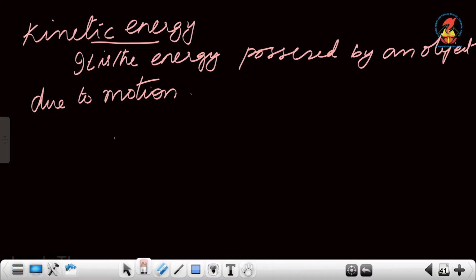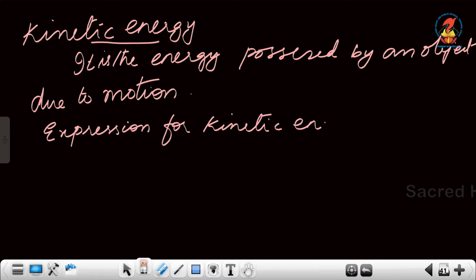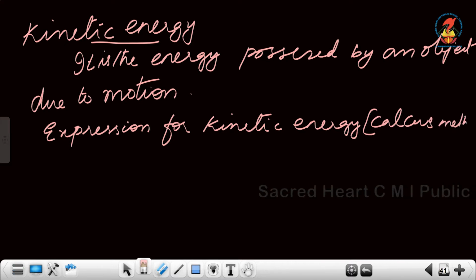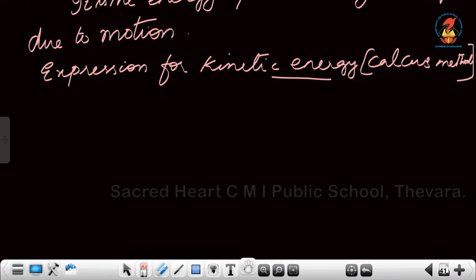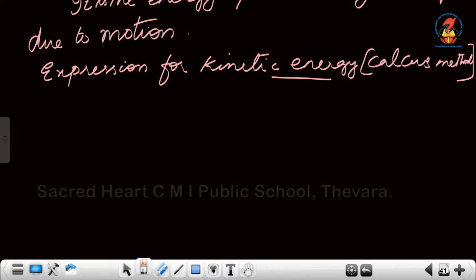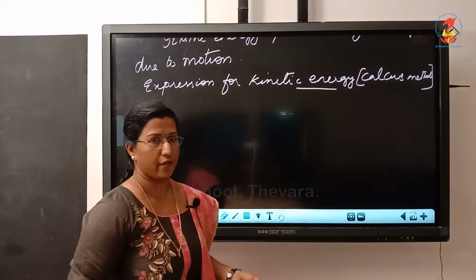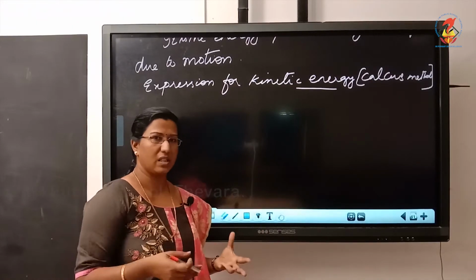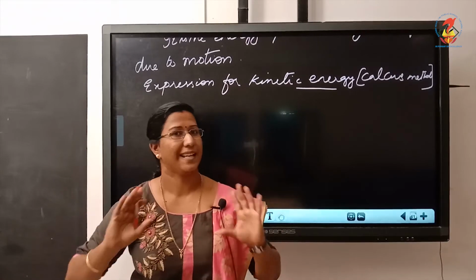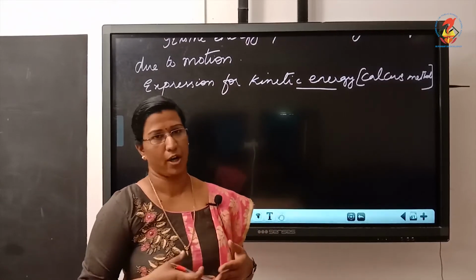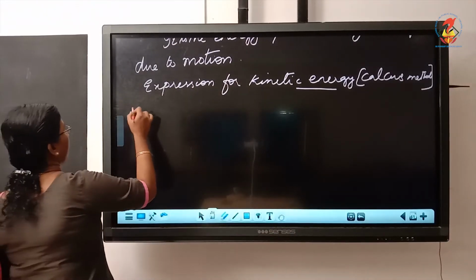So, kinetic energy using calculus method. For that, I told you integration means first finding the total effect. So in this case, first we will find the amount of work done in displacing the object through a small distance. Then we will integrate and find the net work done, which is equal to the energy of the body. So imagine there is a body of mass m,